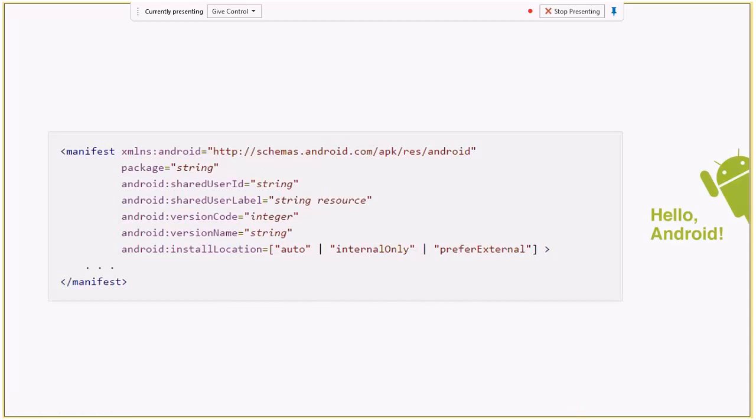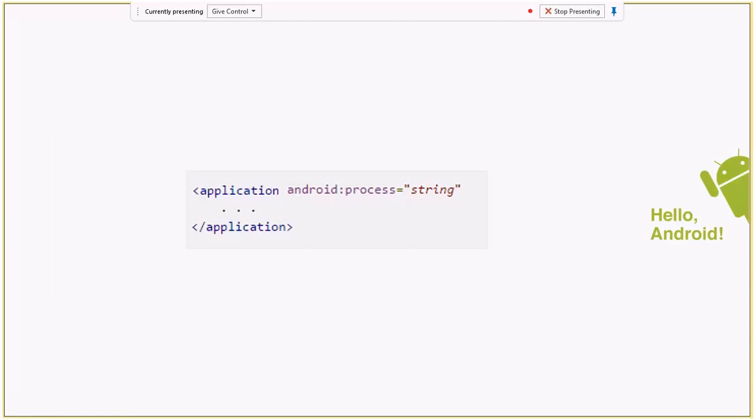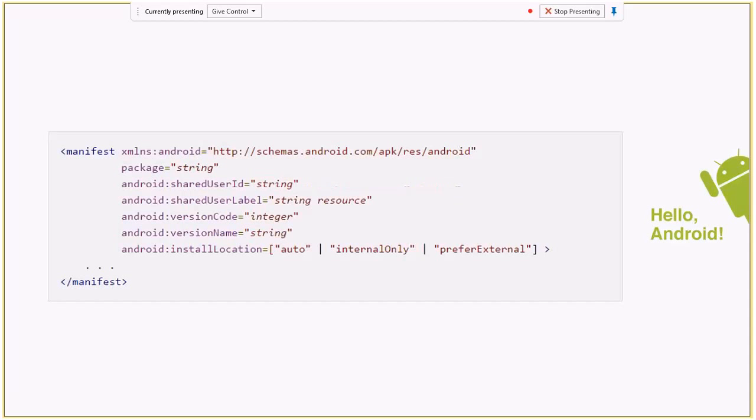This is a view of the Android manifest file. This is the topmost element inside the AndroidManifest.xml file. Here I'm showing that you can specify the shared user ID, which will make two apps get the same user ID at runtime. Inside the manifest shown earlier in this slide, there will be an XML tag called application.